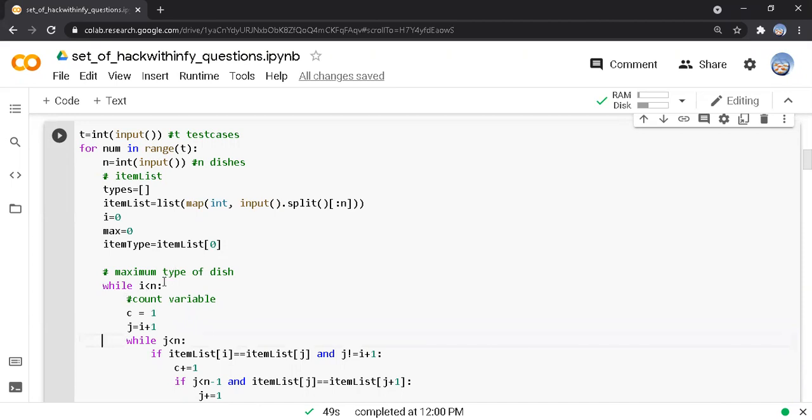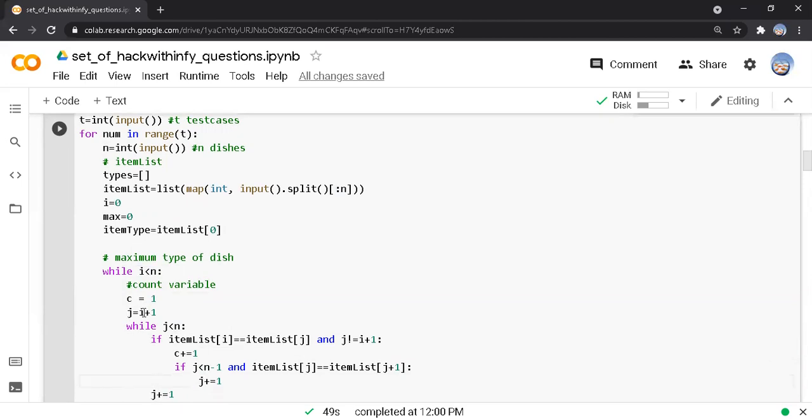Here we are considering the maximum type of dish and we have to find that. So i is less than n; we can only loop through at most n values, so the maximum range is n here. Here c equal to 1, which is the count variable.